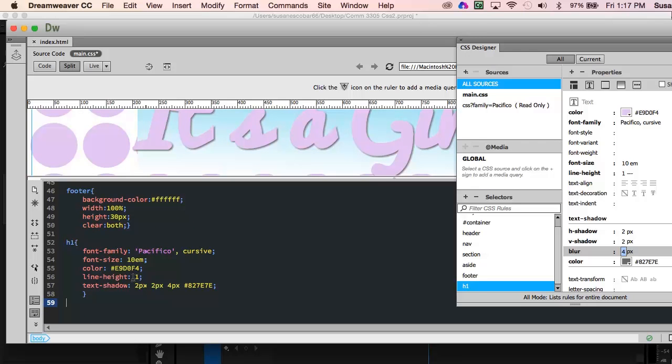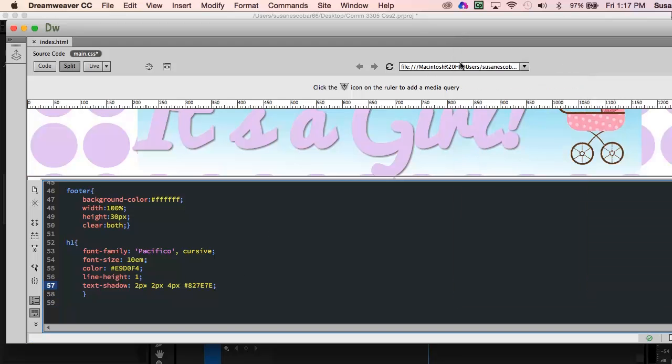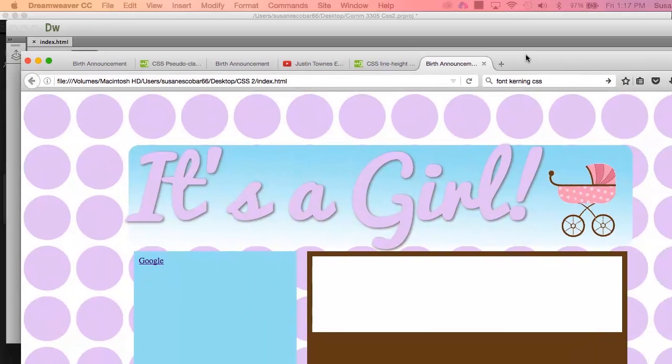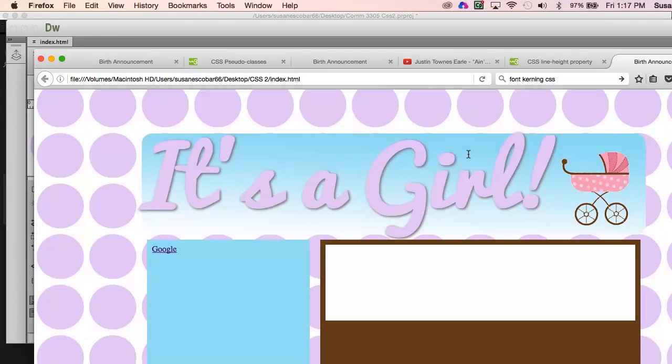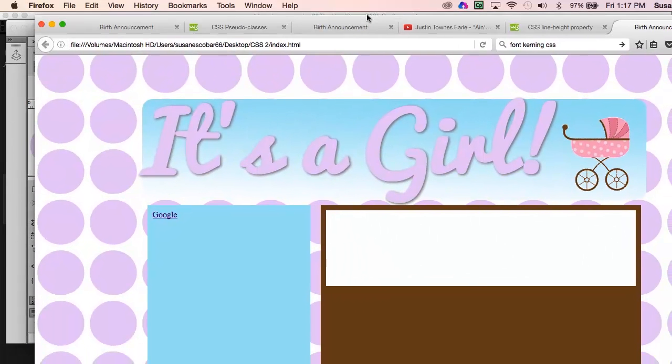Okay, and you can see what this did here. This went in and did my horizontal, my vertical, and my blur, and the color. So if you're using Brackets and have to type stuff in, that's what it's going to look like. Of course, it will help you, but you have to know what's possible. I have about 12 of these things open over here. Okay. So that is pretty much everything that we had in the layout quiz. What I asked you to do also, again, was